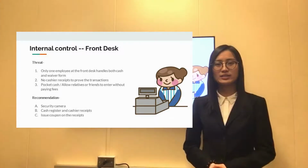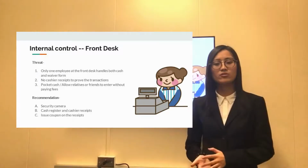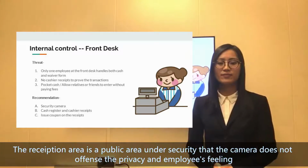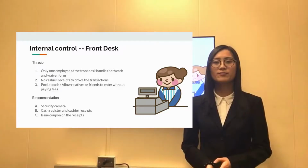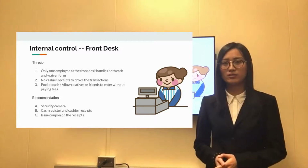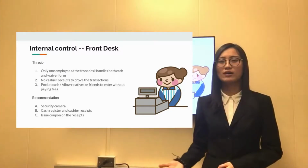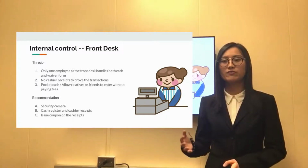Thus, we need some recommendations to improve the weakness. First, we could suggest the company use a security camera to make sure no fraud occurs at the front desk. Second, the cash register and cashier receipts are required. After the customer pays the bills, the employee should issue 2 copies of receipts. One receipt will be given to the customer, and the other to the accountants to verify the